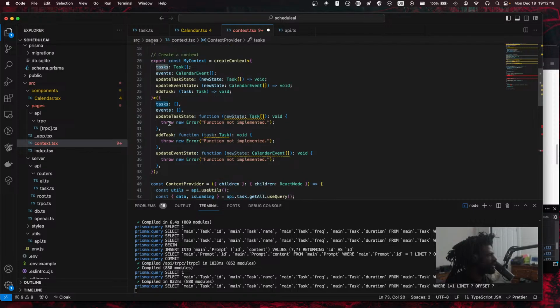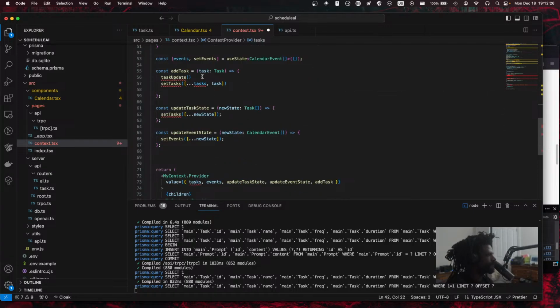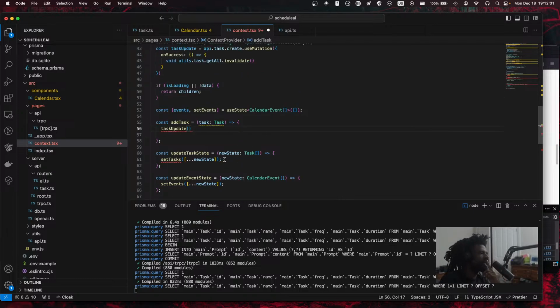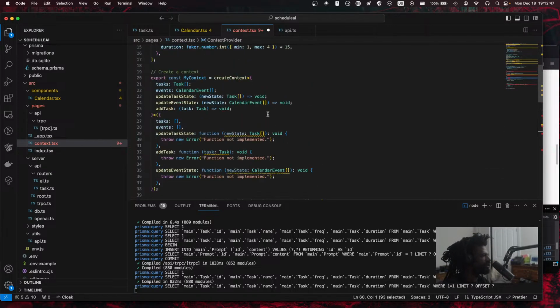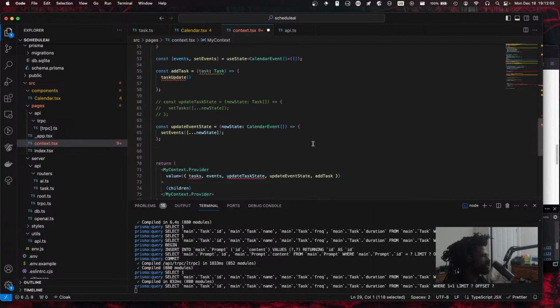And then tasks, all can be tasks. We don't need this. And update task state. I guess we don't need that anymore, I think, because if we're not using state anymore,